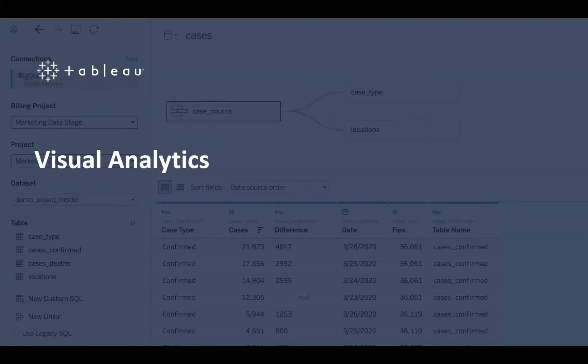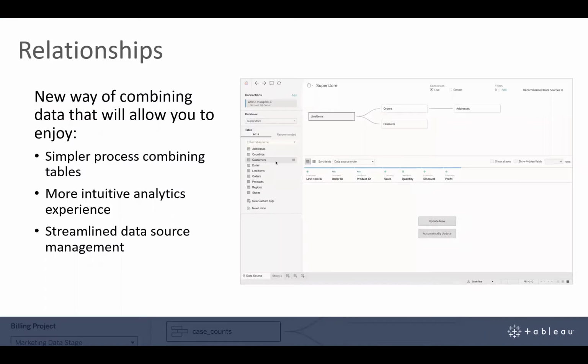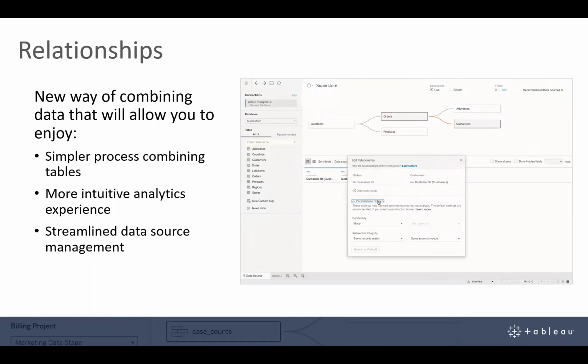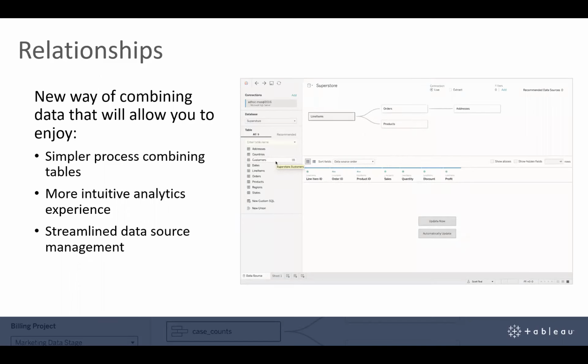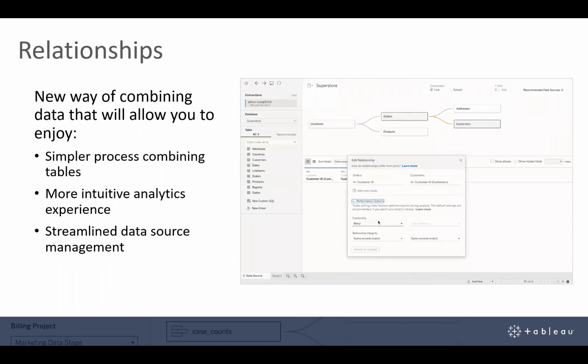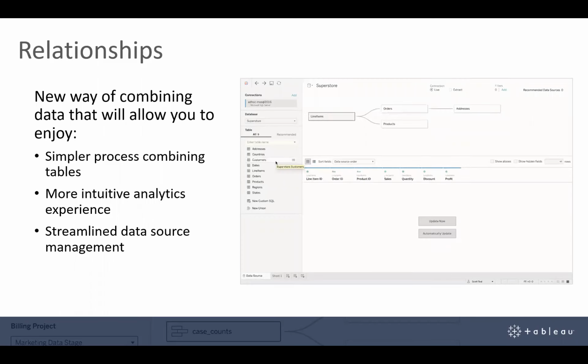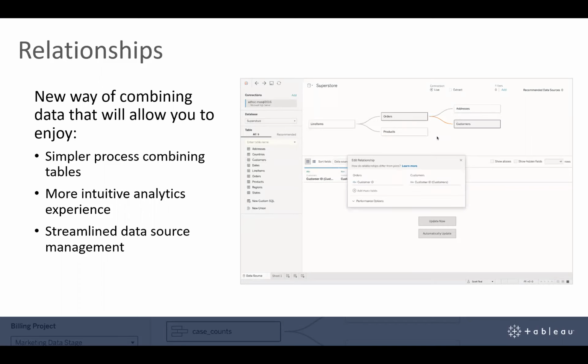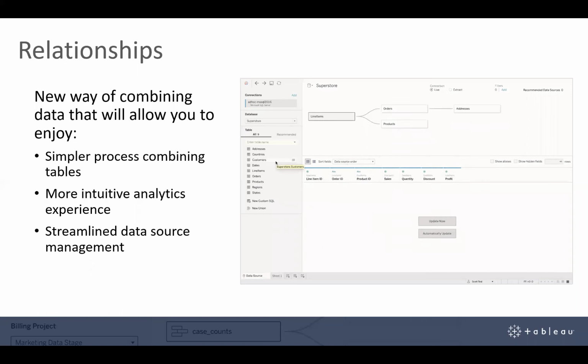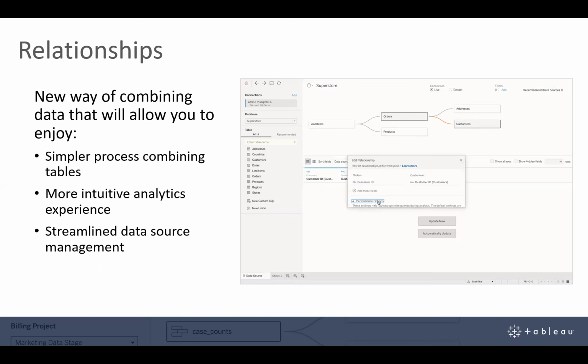So the features for visual analytics. We're enhancing Tableau's data model with new capabilities to help customers more easily analyze data across multiple tables and different levels of detail without having to learn advanced database concepts or write really extravagant custom SQL code. Creating relationships between tables makes analyzing data stored in common data warehouse schemas like stars and snowflakes a lot easier.